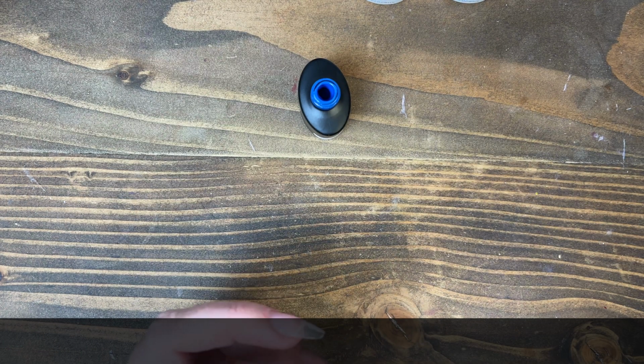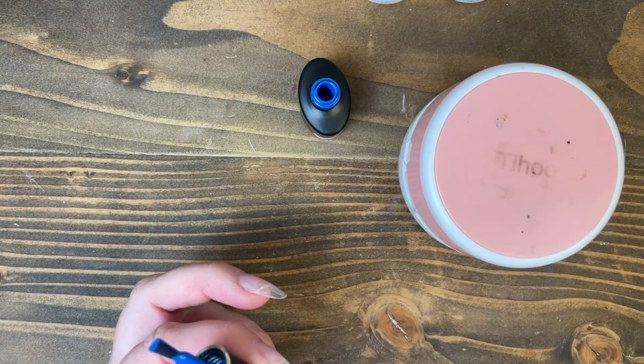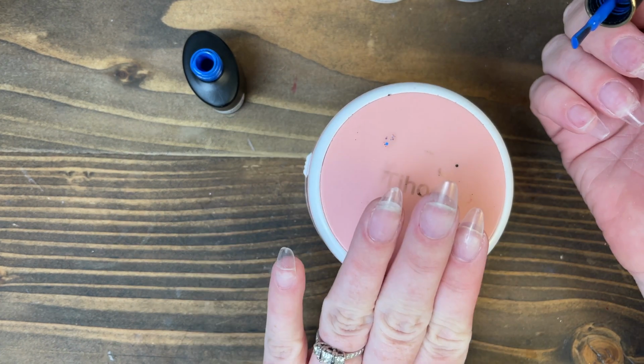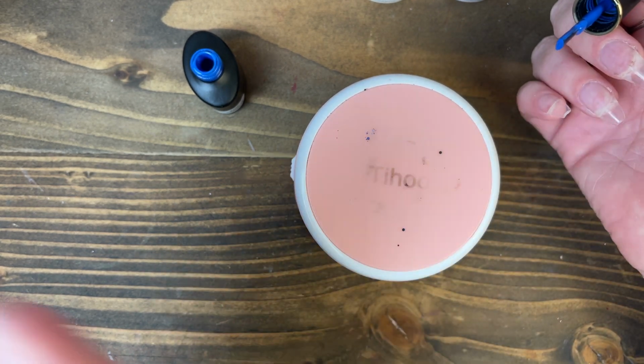Let me get my little stand. If you've been here before, you know what my stand is. It's actually a desk vacuum. It's really amazing, works wonderful, especially if you don't have a dust collector. So my nails are the Chiaroscuro medium almond nails. I just trimmed them down and shaped them into more of a rounder shape on this hand,